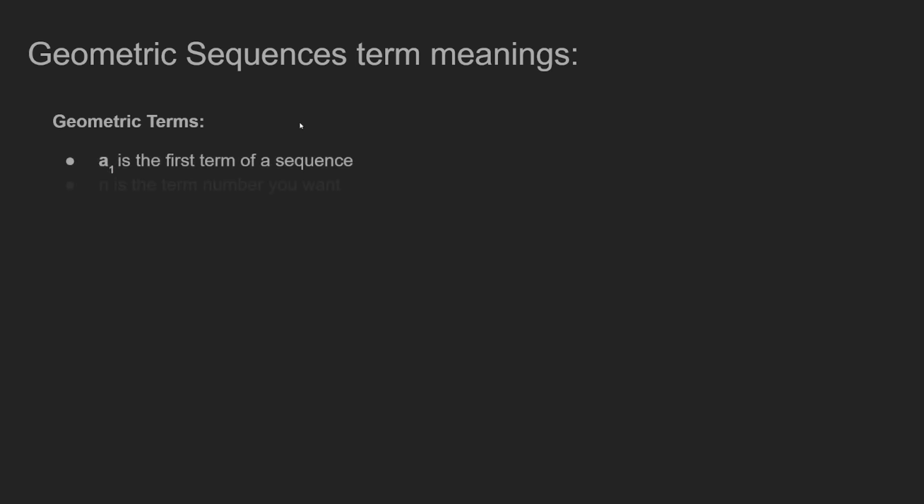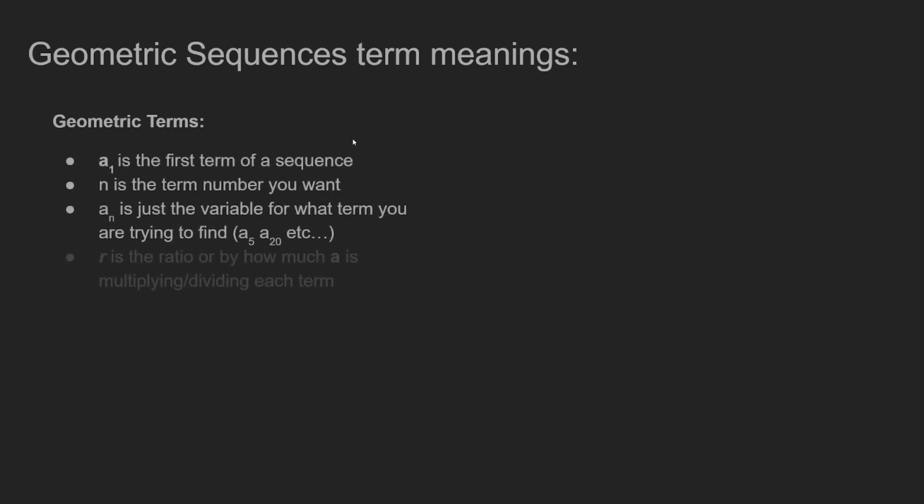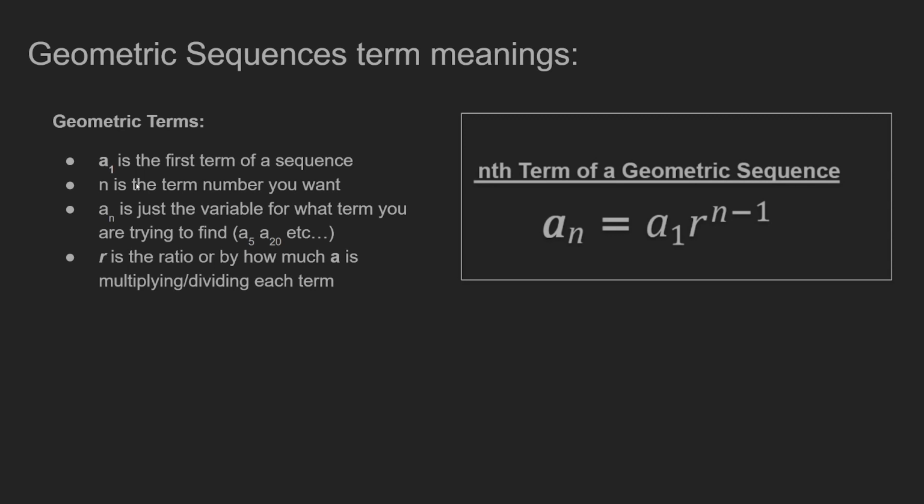Okay, geometric sequences is pretty similar. The only thing that's different in this equation is that instead of there being a difference, there's a ratio that is put to the power of n minus 1, which as you could see in the past slide, there was also an n minus 1, which